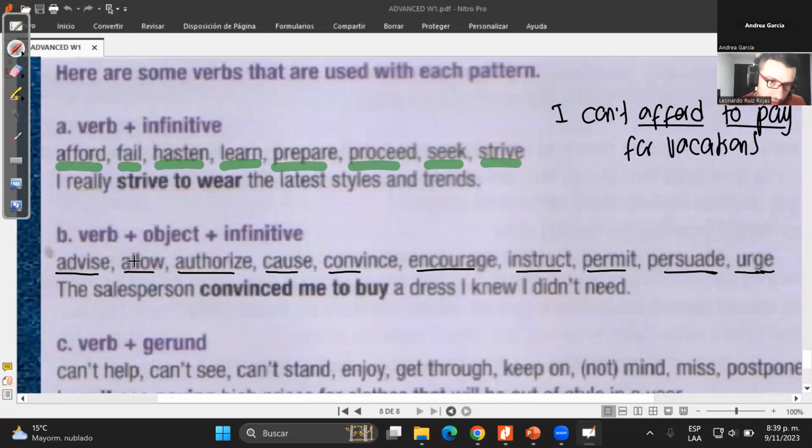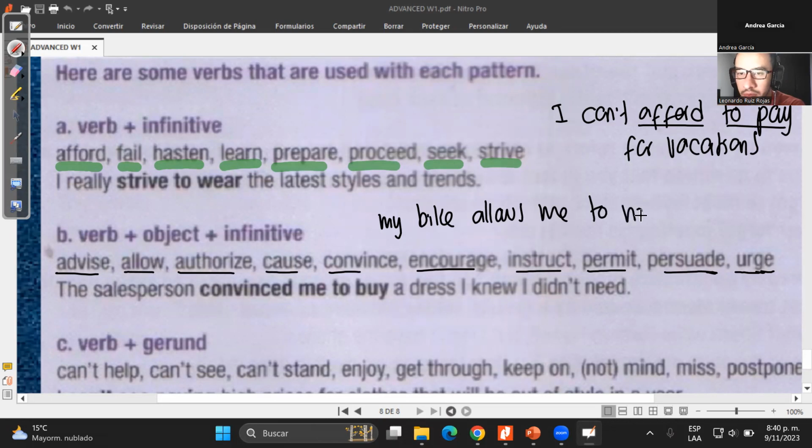Permit, similar to allow, somebody to do something. For example, no sé, my motorcycle or my bike allows me to move around easier. Yes, so